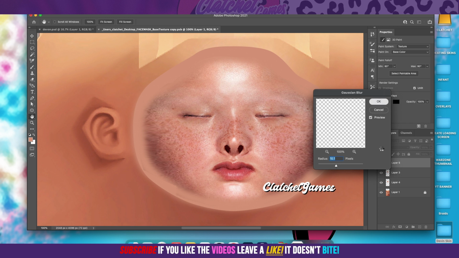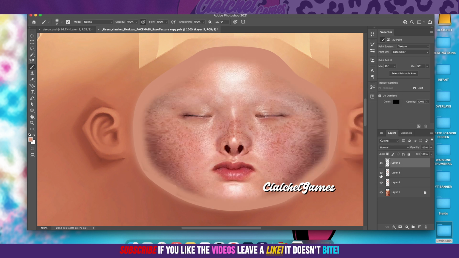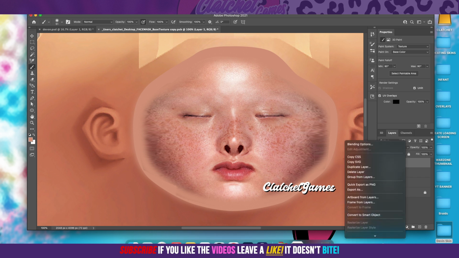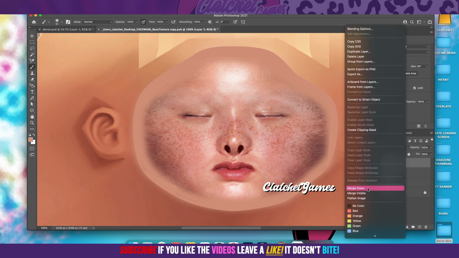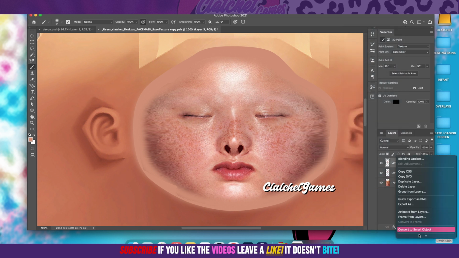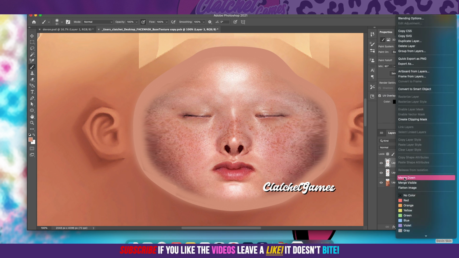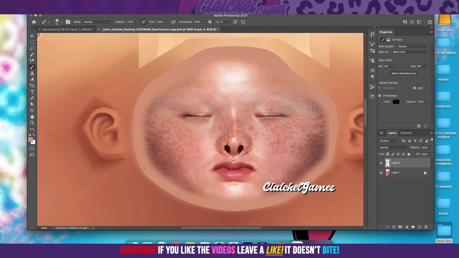So I put it around 10. And I'm going to merge. I'm going to merge all three down. Merge down. Merge down. Now we're going to go back in